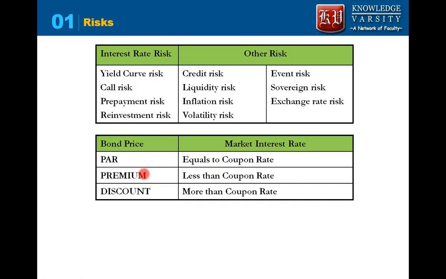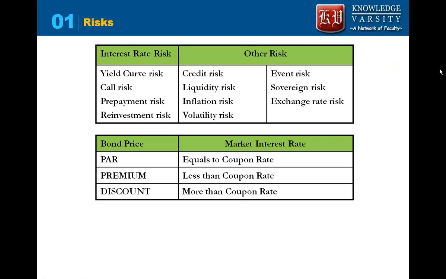On the other hand, if the market rate is 10% but the bond's coupon is 9%, nobody will want to buy a bond when they are able to invest in the market at 10%. So what will happen is the price of the bond will fall. It so happens because the coupon rate is fixed. If the coupon rate was variable, this would not have been the case. Since the coupon rate cannot be changed in a bond, the price is a variable, the price changes.